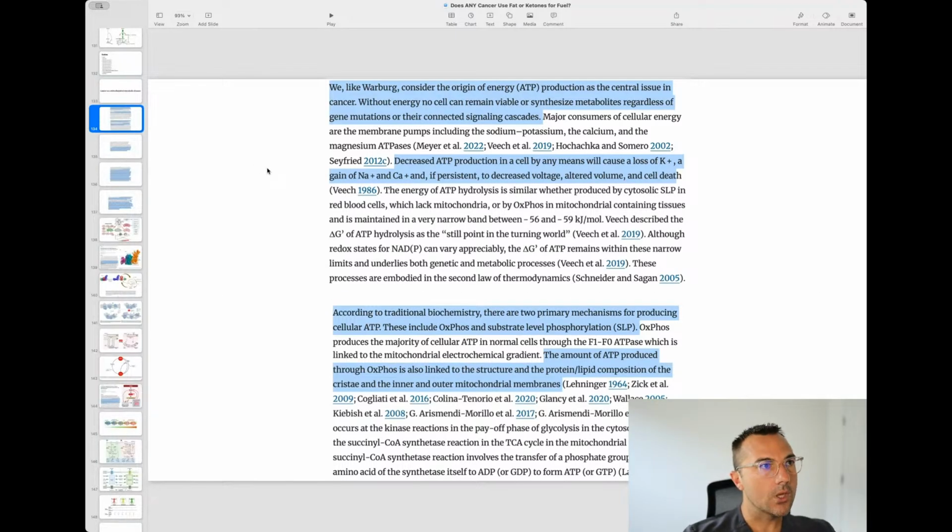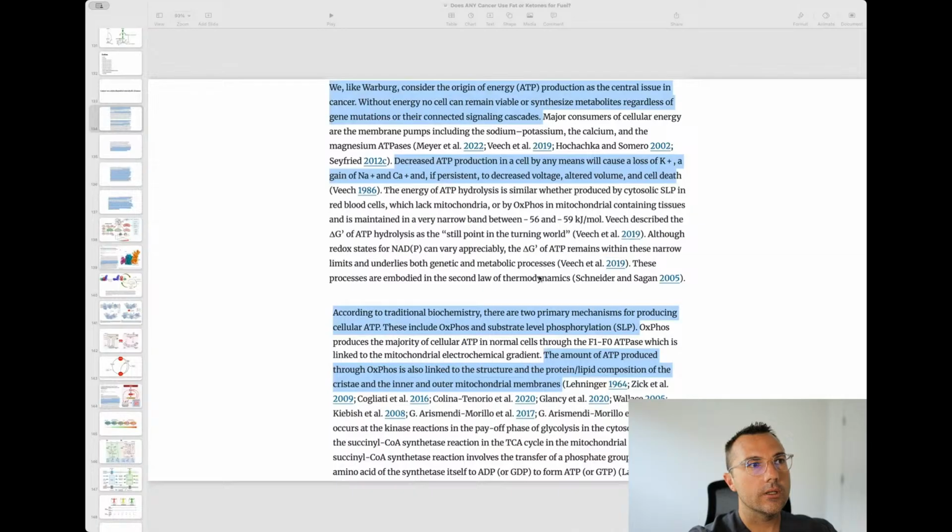It said, we, like Warburg, consider the origin of energy ATP production as a central issue in cancer. Without energy, no cell can remain viable or synthesize metabolites regardless of gene mutations or their connected signaling cascades. So I want to take a pause here because this is really the key issue that I think has to be highlighted over and over again,